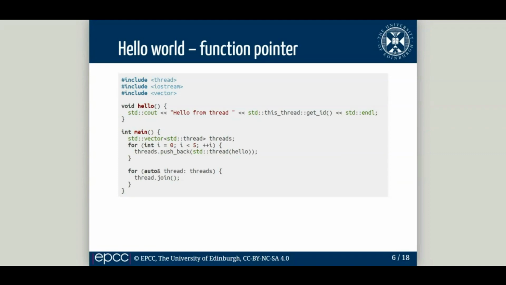We have the main function, which you can consider as the main thread, and at the beginning we are defining a vector of threads. So we have a for loop. In our case, we will create five threads,